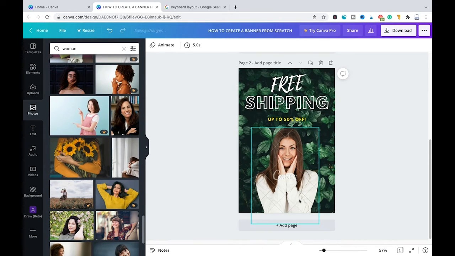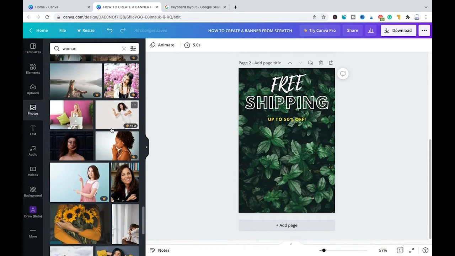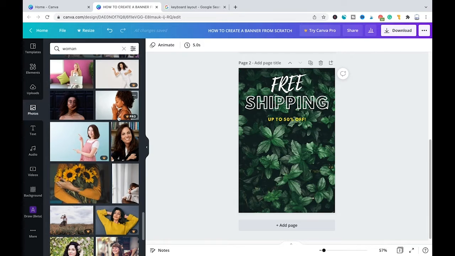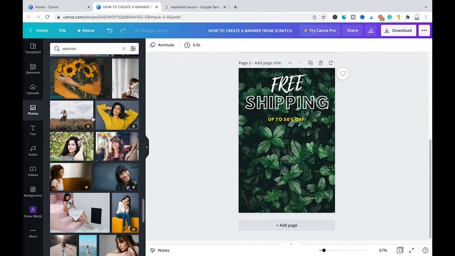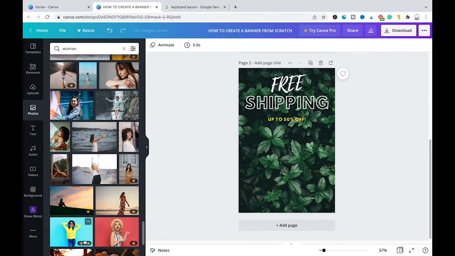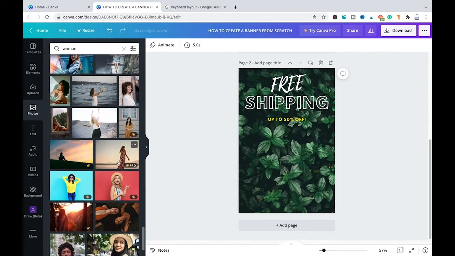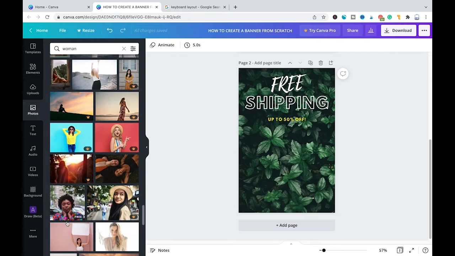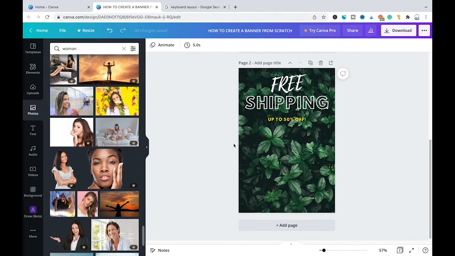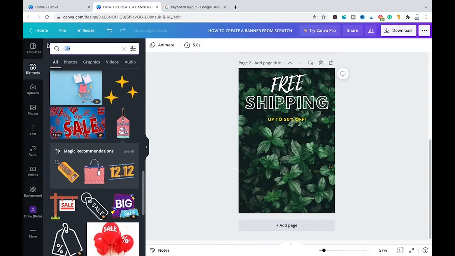Also, a feature that you can use with Canva Pro is that you can basically take any of these pictures here with backgrounds and you could remove the background very easily. So that means you could take whatever picture with a woman here that you would like, and then you can simply remove the background and you will be left only with the woman. So you could actually layer that here on top of that awesome plant picture and it would make a really good impression. But yes, as we don't have that now,